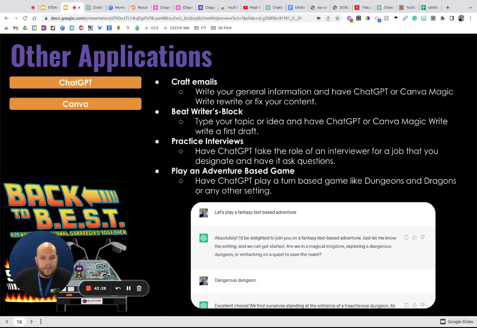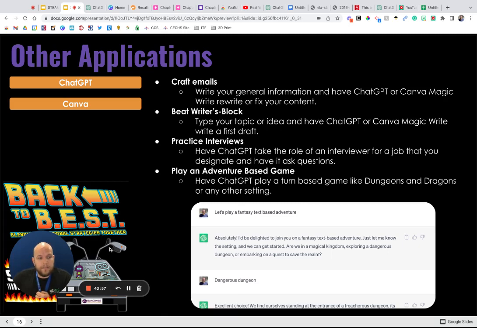So you can craft your email how you want to say it, paste that in there, and have ChatGPT rewrite it in a professional manner. It'll do it. Canva will also do that with Magic Write. You can also beat your writer's block, like we were talking about earlier. Just have your first draft be created by the AI, and then you can work from there.